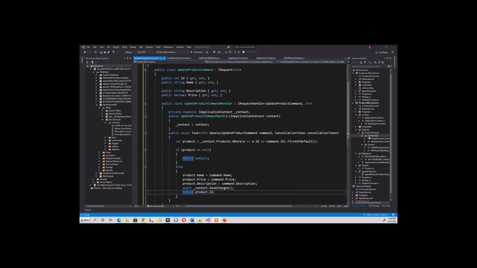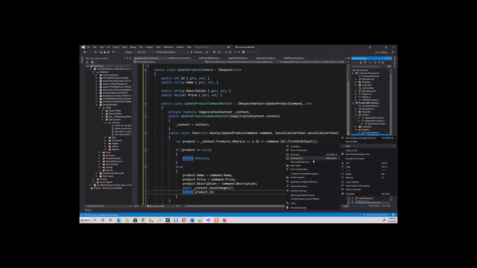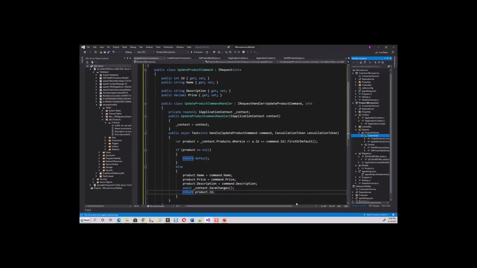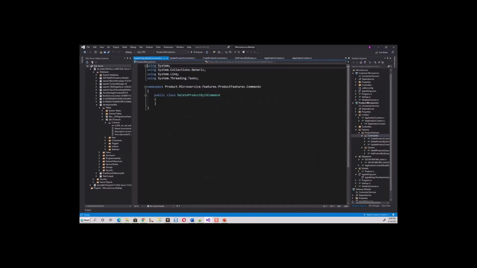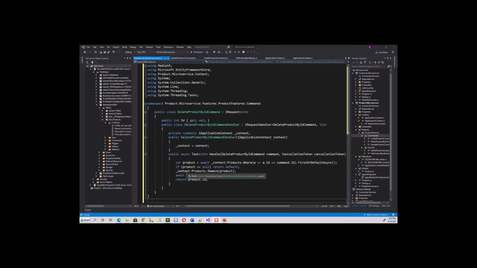Then the delete class has to be created. So within this command folder, add another class. Name this class delete product by ID command. Okay, and on this delete product by ID command class, I copy over the code. So after copying over correctly, this is my class for deleting a product by ID,